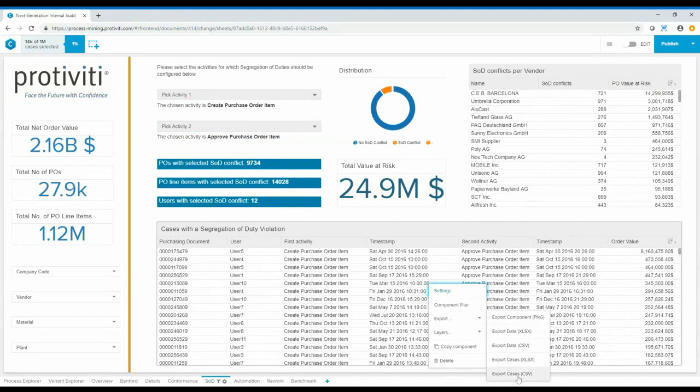So if you want to take it offline, send it to someone else, or do some deeper analysis offline, perhaps using a different tool set, all of that capability is there. So while there are tremendous features that don't really exist in any other analytics solution at the moment, you can also build your core audit analytic tests into the platform as well and deliver it all under one roof.